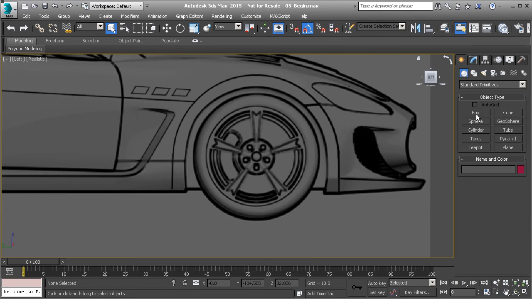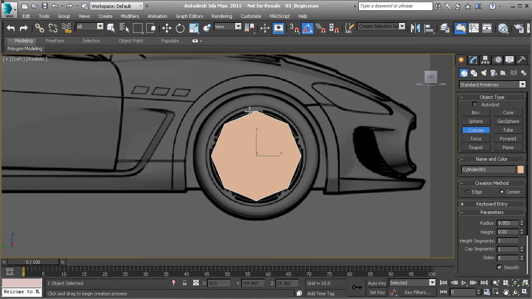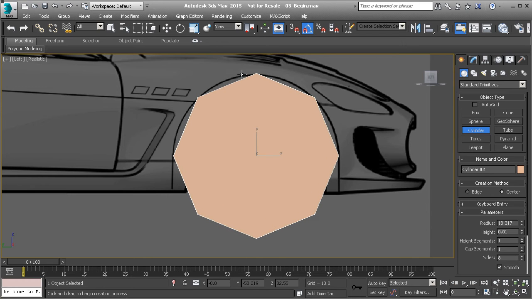So to get started, let's go ahead and use a cylinder, and we're just going to left click and drag out from about the center of the wheel here, and we're going to drag that out till it touches the outside edge of the wheel arch there. Now once you have that set, you'll notice that the height is still fluctuating in the cylinder. That's because we're creating this cylinder in an orthographic view, in this case the left view. Go ahead and left click one more time to finalize the height of that cylinder,